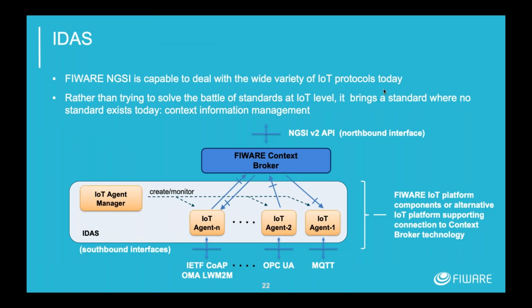Coming in from the bottom, we need to be able to cope with proprietary systems, other IoT platforms, and so forth. And the way this is done is through creating a series of IoT agents. An IoT agent talks whatever language it is, whatever format it is, below the line from the south port. For example, OPC UA is an example. But on the north port, it talks pure NGSIv2.